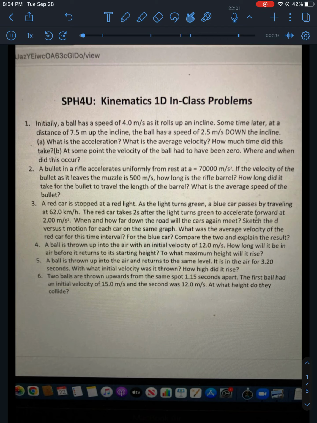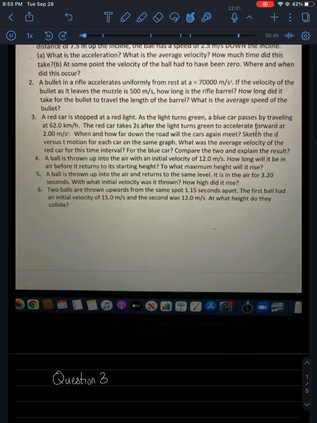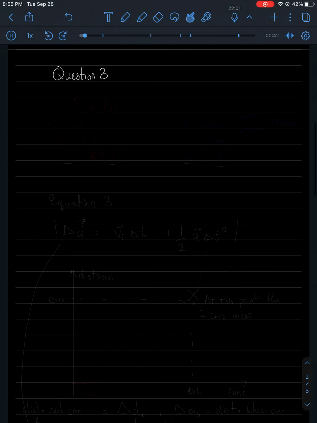Sketch distance versus time motion for each car on the same graph. And what is the average velocity of the red car for this time of travel for the blue car, and compare both and explain the results. So for a question like this, where we have two objects in a kinematic question, we have